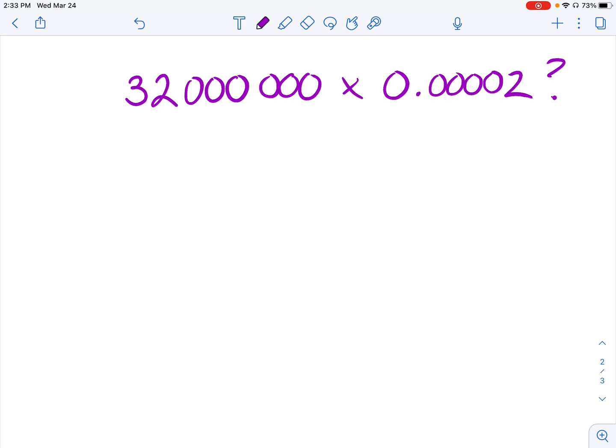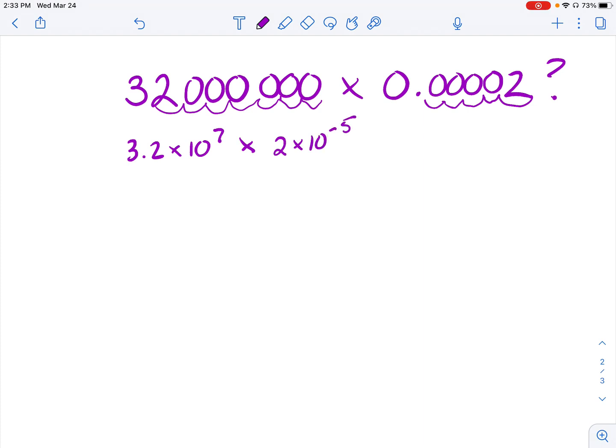There's all those zeros. Well, if I convert this to scientific notation, so 1, 2, 3, 4, 5, 6, 7, 3.2 times 10 to the 7th times 1, 2, 3, 4, 5, 2 times 10 to the negative 5th, then,